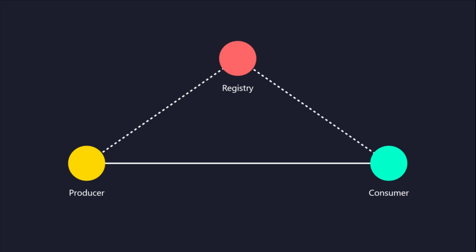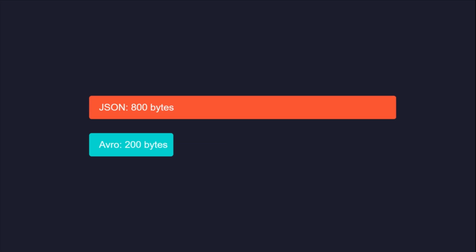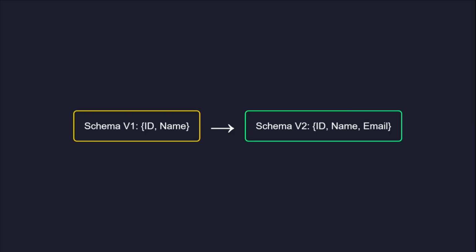By validating messages against a registered schema, you ensure that producers and consumers remain compatible even as your data models evolve over time in a distributed environment. Use Avro serialization for your Kafka messages to achieve high compression and strict schema enforcement. Avro is more efficient than plain text formats and provides a robust way to handle field additions and deletions while